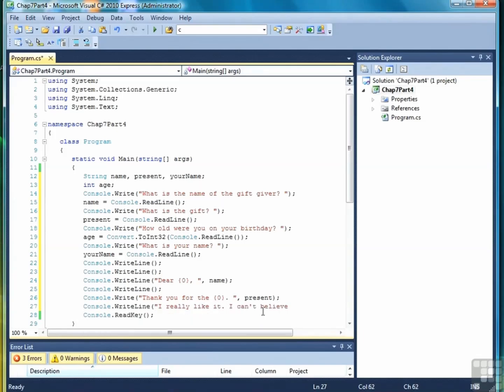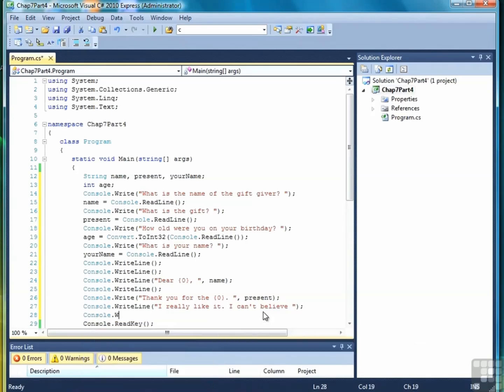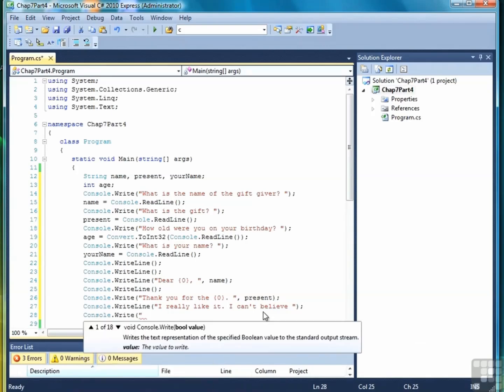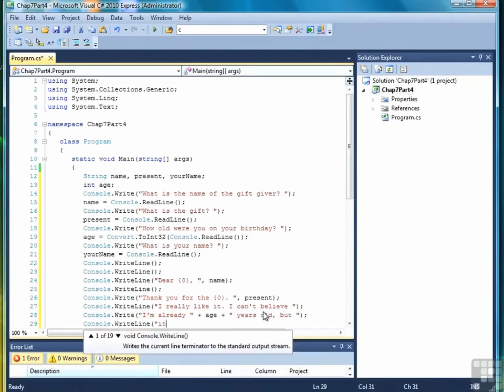And we'll continue on. "I can't believe". And then Console.Write. We don't need a space here. "I can't believe I'm already", and here we use concatenation, age, " years old," comma, but WriteLine. It doesn't feel that much different than a space